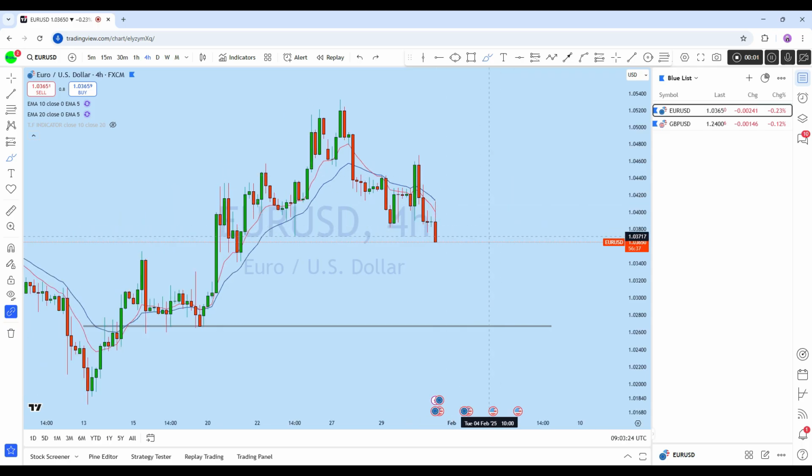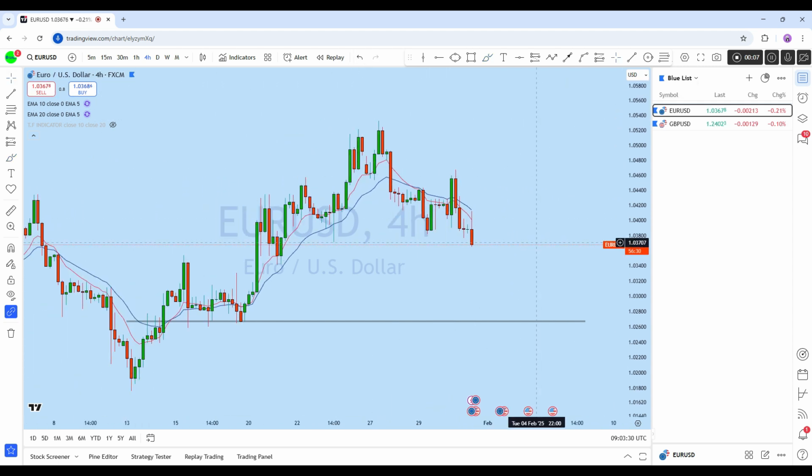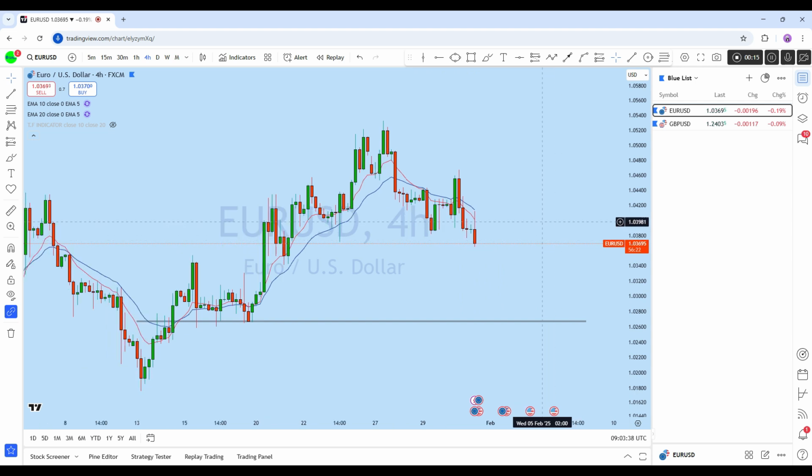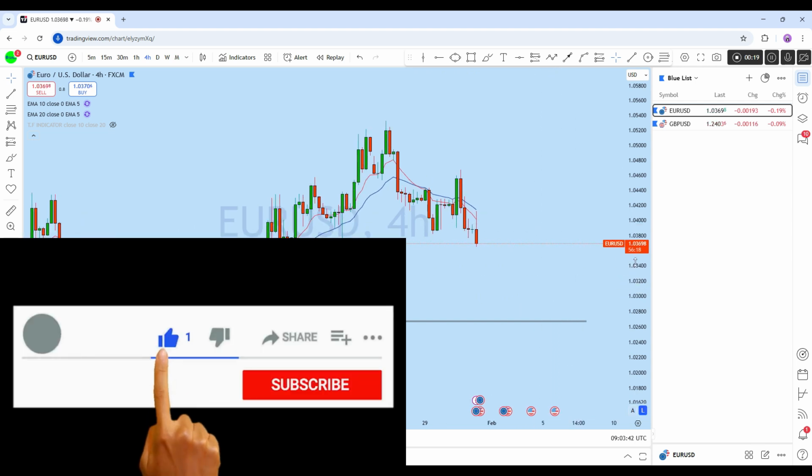Hello trader, this is a complete multi-time frame analysis on euro dollar and British pound US dollar. Let's see what kind of trading opportunity we currently have in both of these instruments. As you can see, euro dollar is currently trending and we are expecting a further trending market in this instrument, as well as on